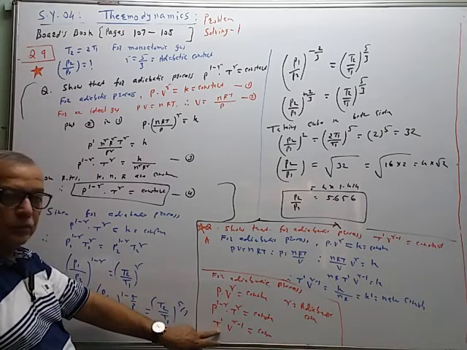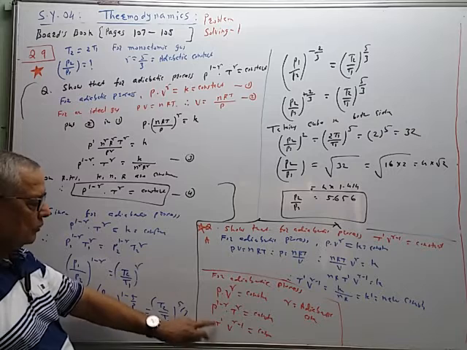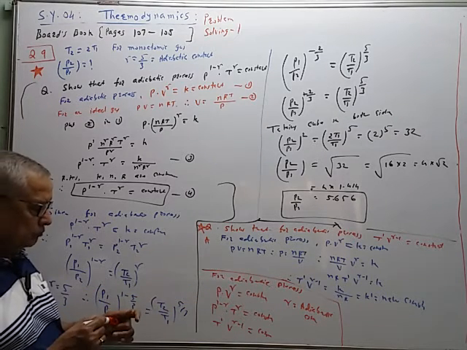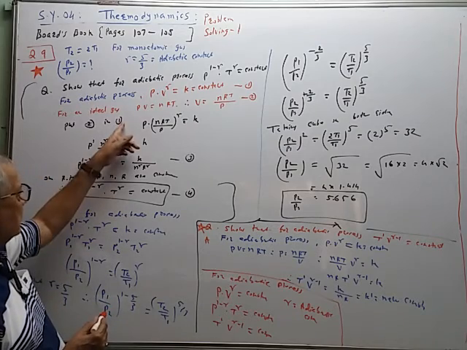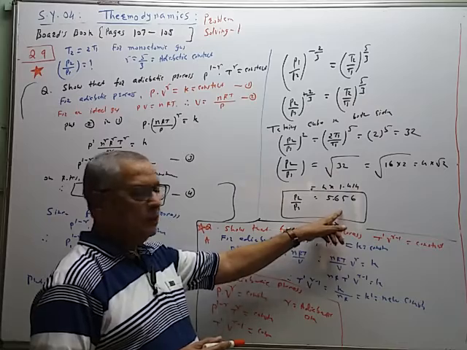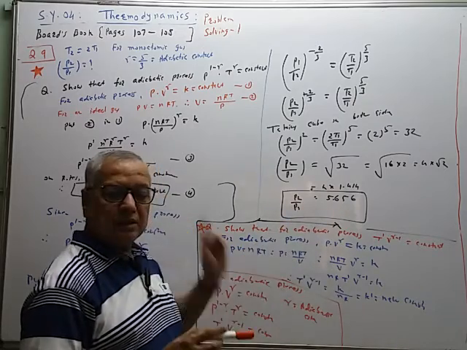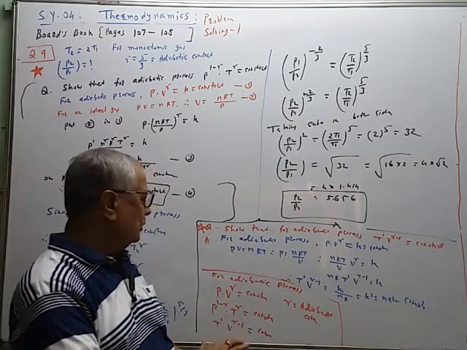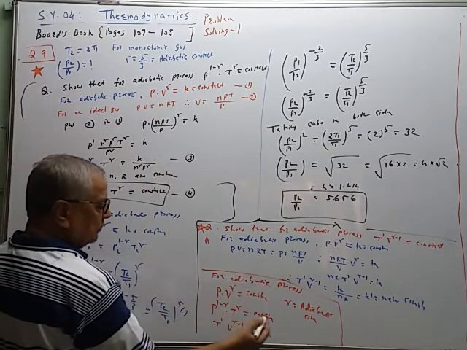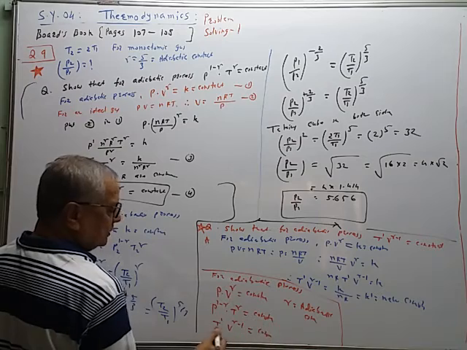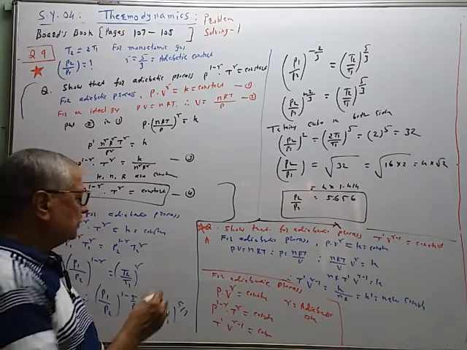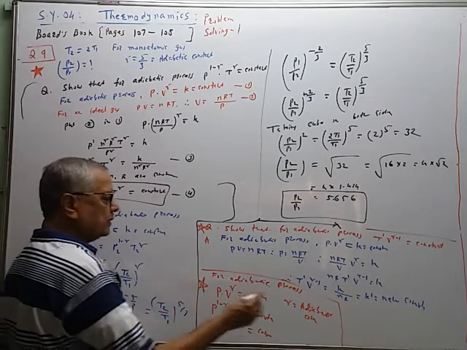हे पण रिलेशन आपल्याला यूज करावं लागतं. आपल्याला प्रेशर आणि टेम्परेचरमधलं रिलेशन माहिती असेल तर आपण गॅमा काढू शकतो. उलट पण करता येईल. इथे गॅमा दिलेलं होतं आपल्याला, आपण P2 P1 मधलं रिलेशन काढलं. जर हे रिलेशन माहिती असेल तर आपल्याला गॅमा पण काढता येईल. त्याच्यातून आपल्याला गॅस ओळखता येऊ शकतो. सो रिमेंबर दिस थ्री रिलेशन. सो दिस इज सिमिलर टू बॉयल्स लॉ, this is similar to Gay-Lussac law, and this is similar to the Charles law, like this. So these are very important relations for adiabatic process.